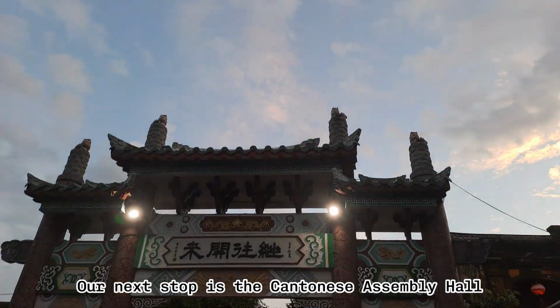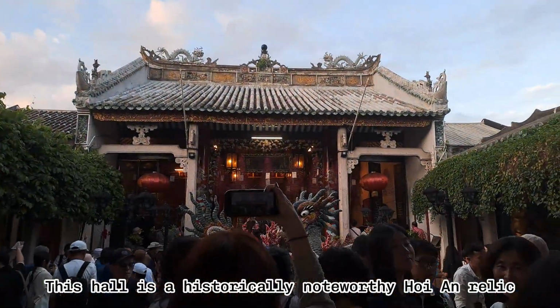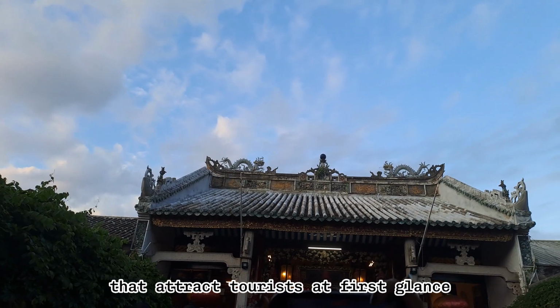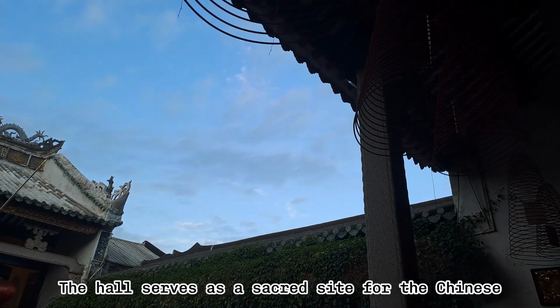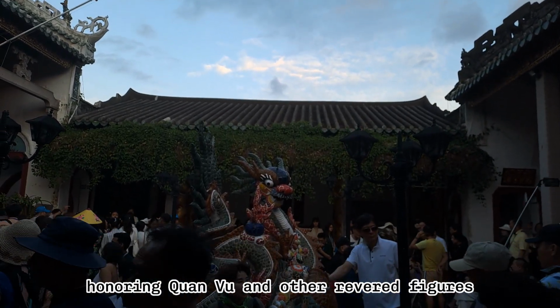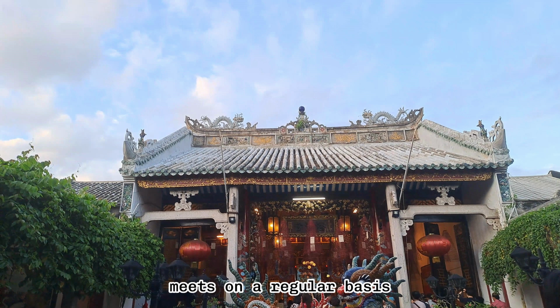Our next stop is the Cantonese Assembly Hall. This hall is a historically noteworthy Hội An relic with pristine Chinese architectural styles that attract tourists at first glance. The hall serves as a sacred site for the Chinese who first settled in Hội An, honoring Quan Vũ and other revered figures. This assembly hall is where the Catholic community meets on a regular basis to support each other with business and